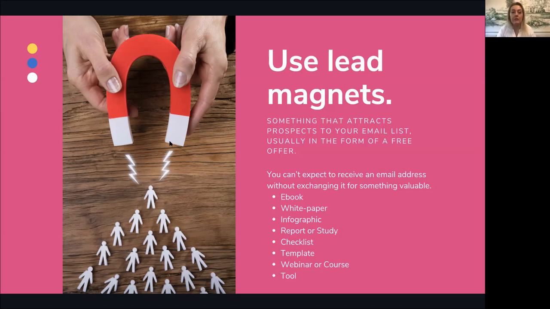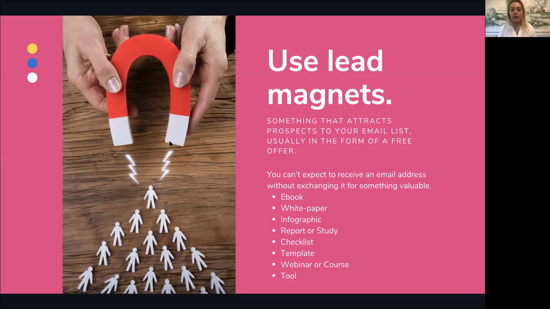You could give them access to a free course or a webinar or a tool, anything like that. Or a free wreath hanger with your wreath purchase if you sign up for our emails. All of those things incentivize people to sign up for your list and will help you grow your list.